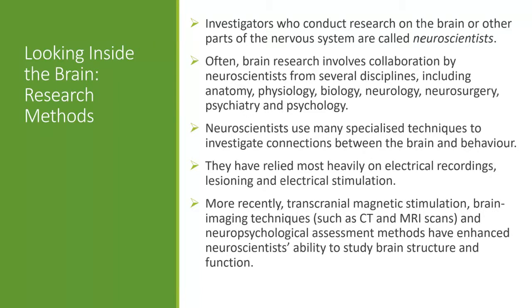In the past, it used to be based on electrical recordings. Often the way people could see how the brain worked was by finding out what happened if a part of the brain didn't work. Many years ago, people in psychiatric hospitals had things like frontal lobotomies performed, and by seeing how people behaved when pieces of the brain were removed or weren't working, that's how they worked out the function of that part of the brain. But more recently, we've got new techniques, things like transcranial magnetic stimulation, brain imaging techniques, and different assessment methods, so we can study the brain, its structure and its function, in far more detail than we used to be able to.